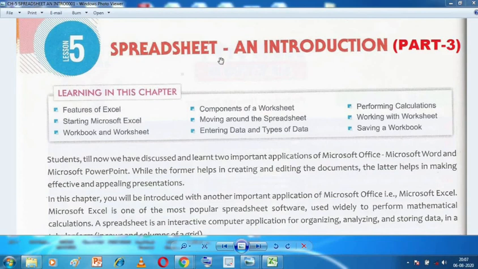Today, we are going to start with part 3 of our chapter 5, spreadsheet and introduction. Students, in this part, we will talk about a new topic: moving around the spreadsheet, entering data in a worksheet, and types of data inside the worksheet.